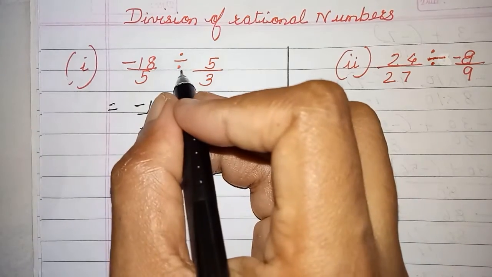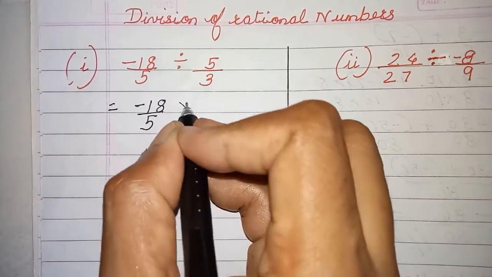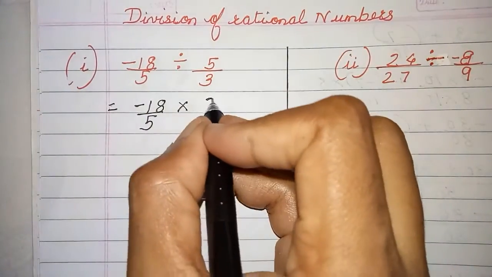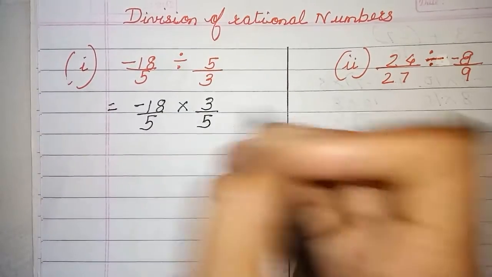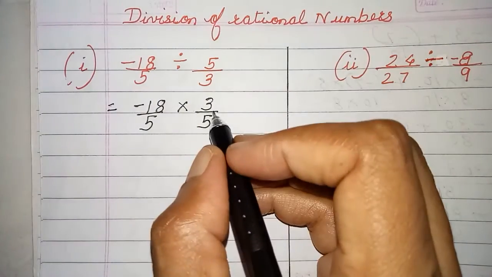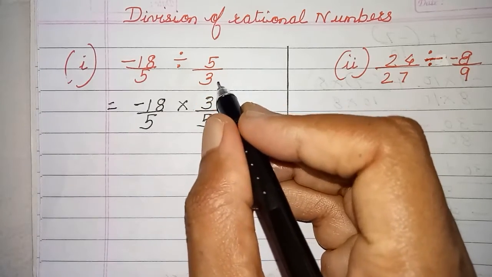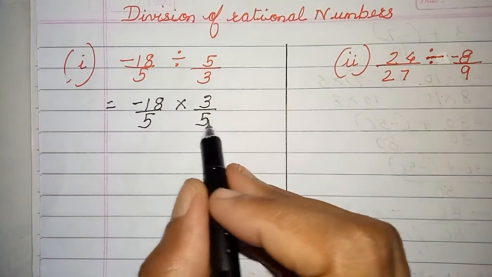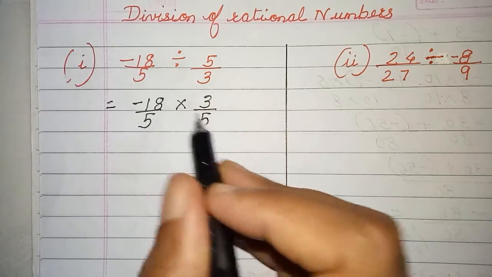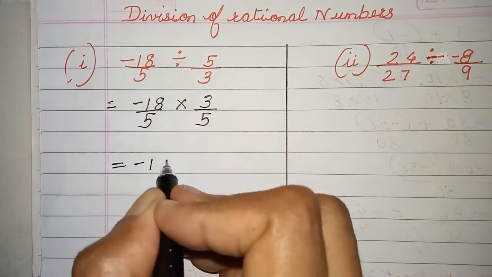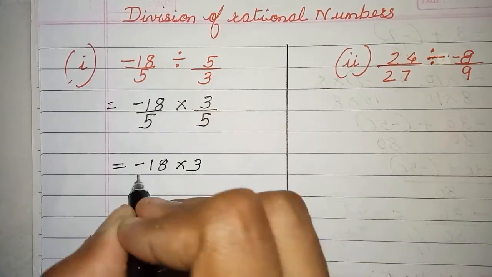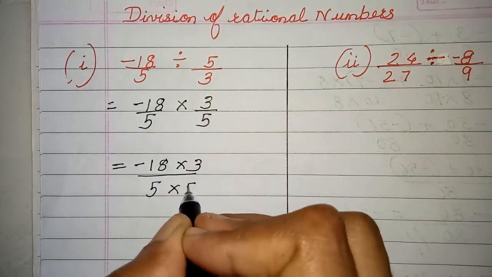The second number, what you do is, the division sign will become multiplication and you write the reciprocal of this number. Reciprocal of this number means make the numerator the denominator, and the denominator the numerator. Did you understand? Now it is again multiplication. So you know you have to make it common. So I am going to write here as it is.